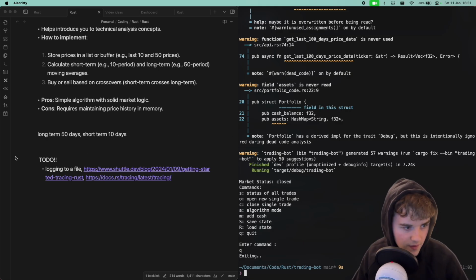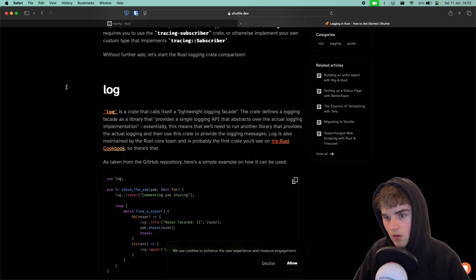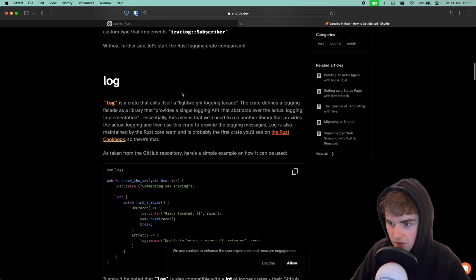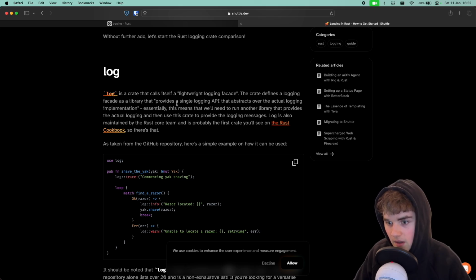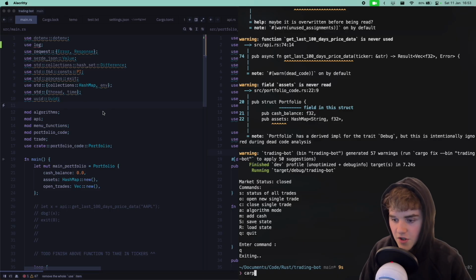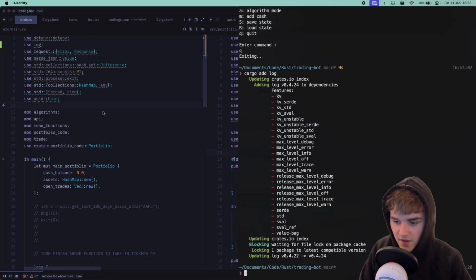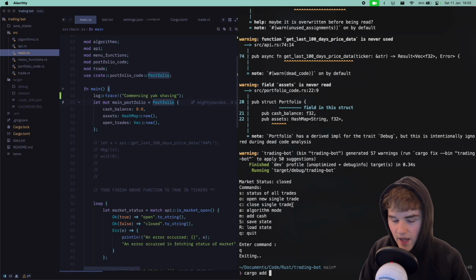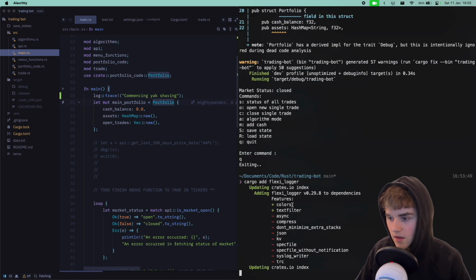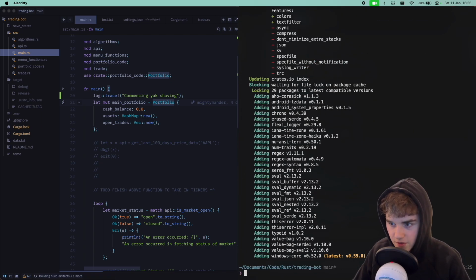Perfect, still compiles fine. We're actually going to use the log crate instead of tracing, as it seems to be just simpler and much easier for us to use. We're just going to add log here instead of tracing. I'd removed tracing already. We now need to pair our logger with flexi-logger, which should allow us to log directly